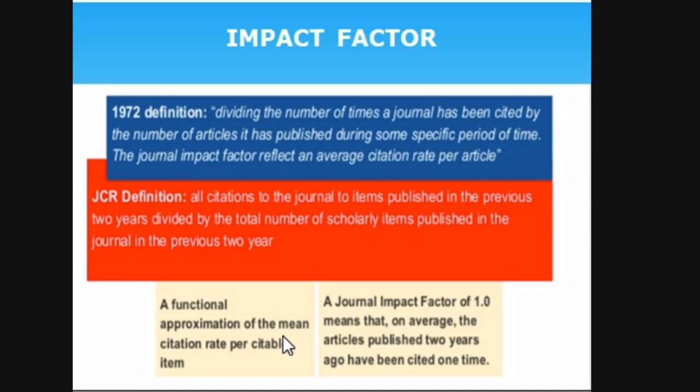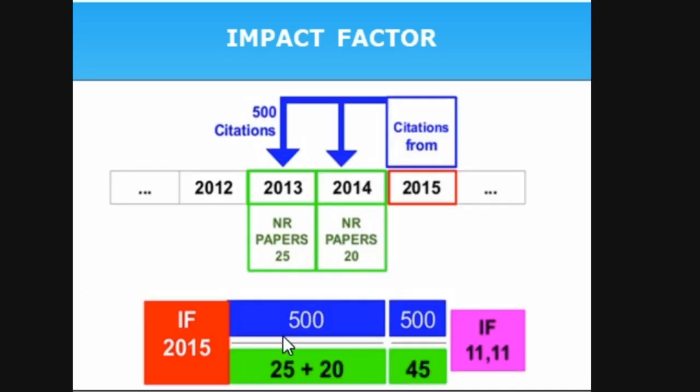That means the impact factor of the journal is 1. Say the article was published 2 years ago, let us say 2020. Let us say Journal of Library Science is saying, we are having an impact factor of 1.0. What does this number 1.0 actually mean? That means the articles published by that particular journal in 2018 and 2019 have received at least one citation on average. That is the meaning actually. We will see this in a specific example.